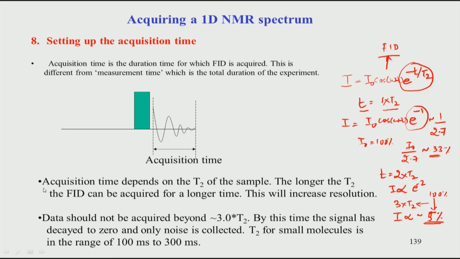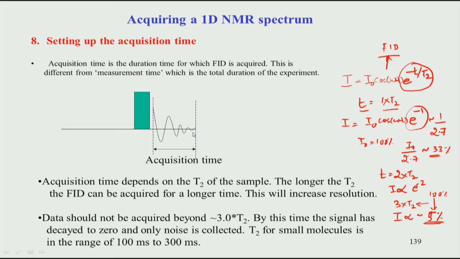That is what we have to keep in mind, that when you set up this acquisition time, it has to be 3 times T2 and not more. If you give more than 3 times T2, the signal will further go down to 1% or lesser than that, but then the signal is not present, and the noise will start coming, because noise is present always, remember. Noise comes from the electronics of the system, the hardware, and it picks up from various sources down this line, and all the noises also are accumulated or collected in the FID.